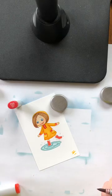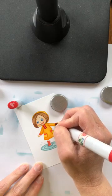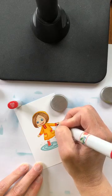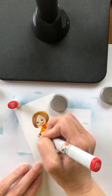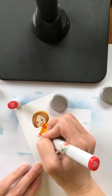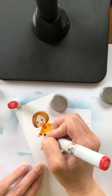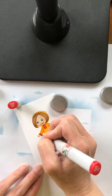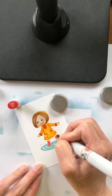For me, no lines technique is hard because when I don't have a line to follow, I have a hard time seeing it anyway. But granite gray, when you go over it with your Copics, does tend to fade out enough that you get kind of that effect. And so that's kind of cool. And the nice thing about no lines technique is that when you go a little bit over because your fingers are shaky or whatever, it's not as obvious because you don't have an absolute definite line to give you away, just like I just did there. Let's see, and then the boots here, so she's got